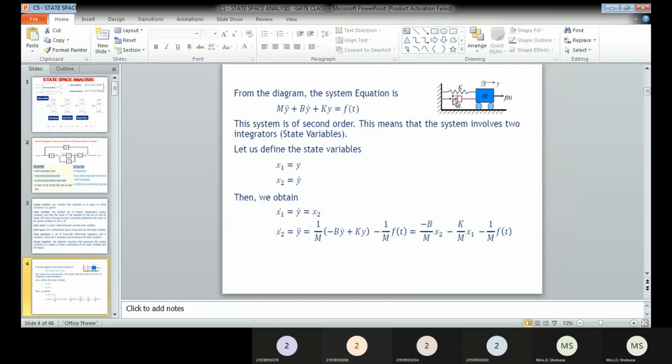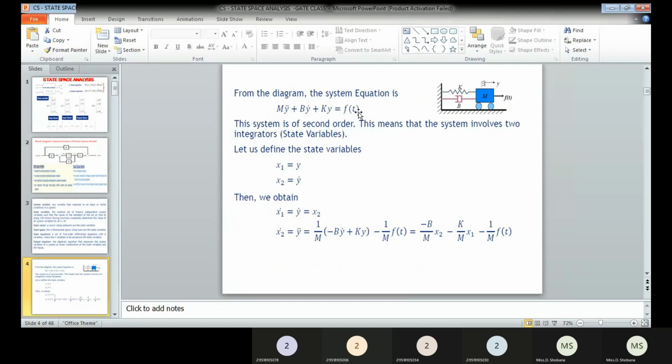Similarly, the opposing force developed by the spring will be proportional to displacement, but the opposing force developed by the dashpot will be proportional to linear velocity. Linear velocity is nothing but dy divided by dt. So the opposing force developed by the spring is k into x, and the opposing force developed by the dashpot can be written as b into dy divided by dt. B is your dashpot or frictional coefficient. That has been written over here: b into y dot plus k into y, which is equal to the input available force.